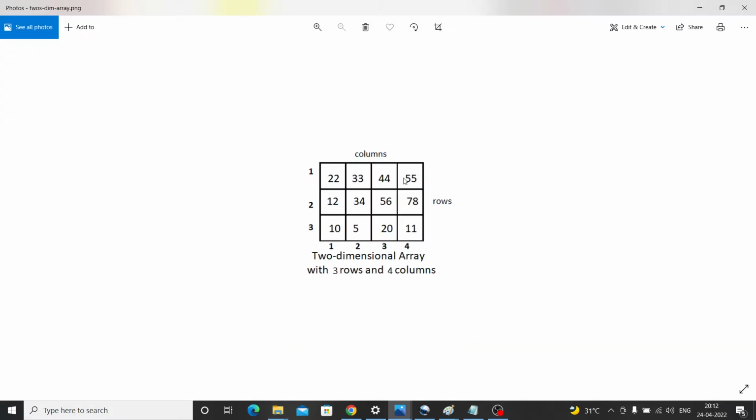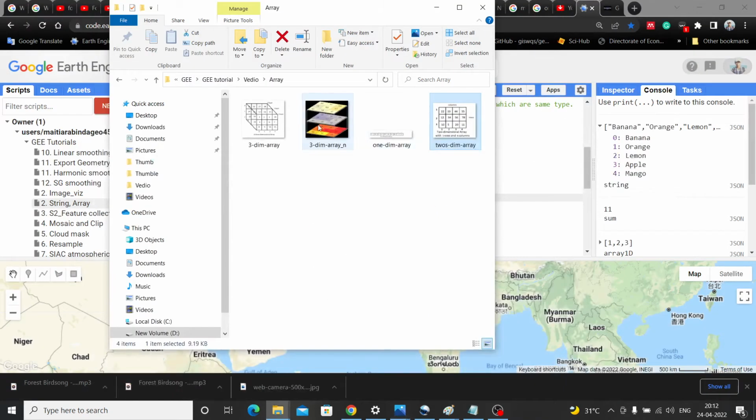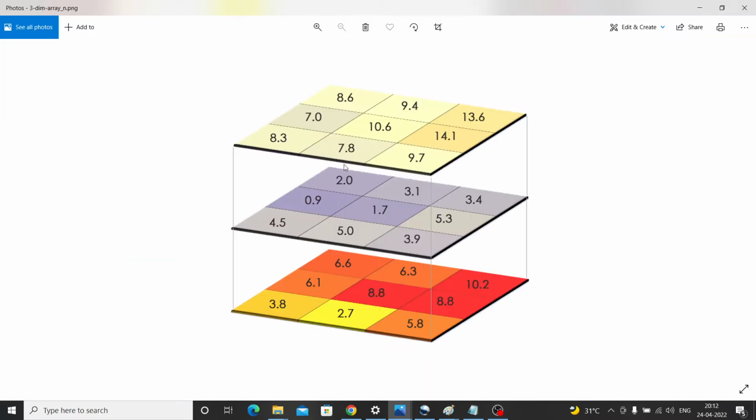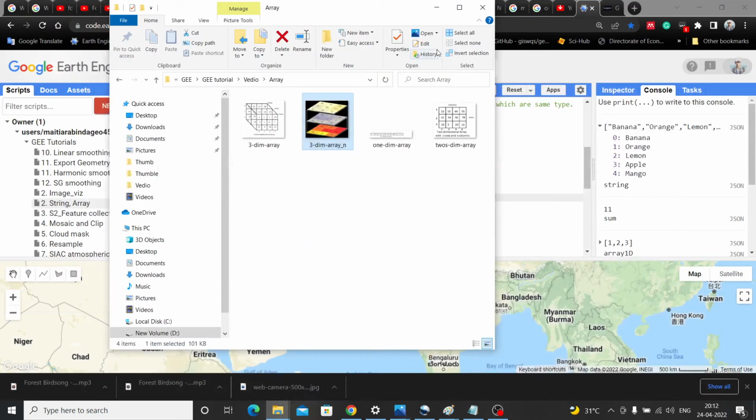These are the columns, 4 columns and 3 rows, 1 2 3 and 1 2 3 4 columns. Now this is the three-dimensional array. This is the matrix, matrix 1, matrix 2 and matrix 3. So if I add a dimension to a two-dimensional array, then it becomes a three-dimensional array.